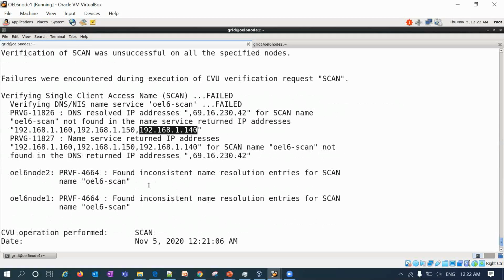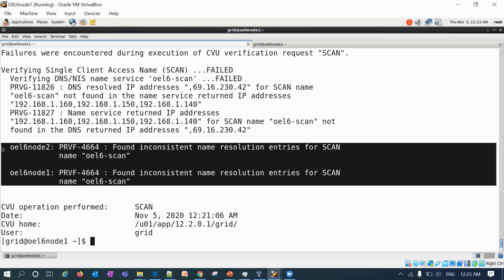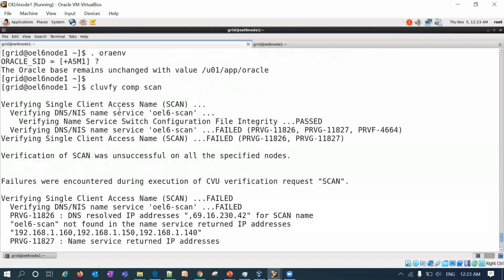You have to take the appropriate decision. On node 1 and node 2, you can see it found inconsistency in the name resolution of the scan. We need to look into why it is not able to consistently resolve my scan IP addresses across the nodes. So you have to check it and take appropriate action.